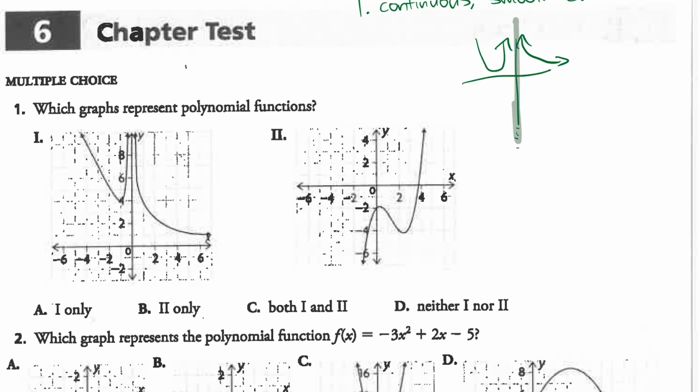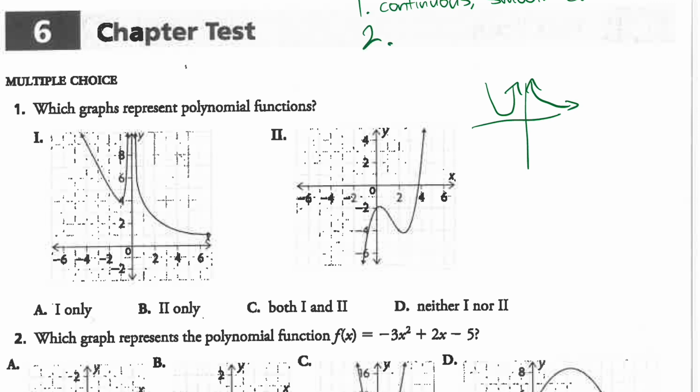Along this line here, the function is undefined, and therefore it's not continuous and smooth, and therefore it can't be a polynomial function. The second condition doesn't even need to come into play for this one, because it's already failed the first condition. But for the second graph, to confirm that it's a polynomial function,